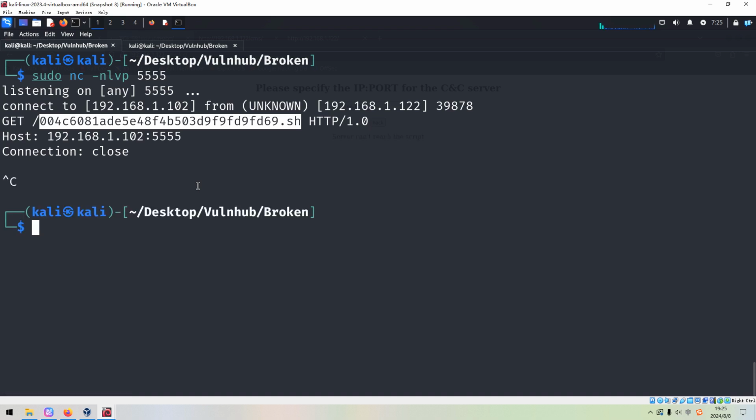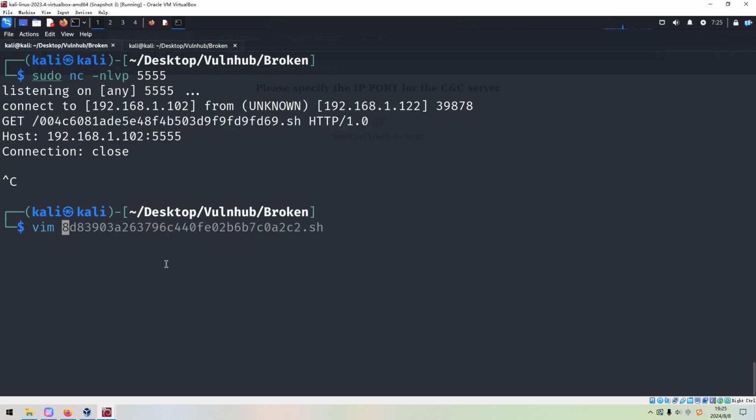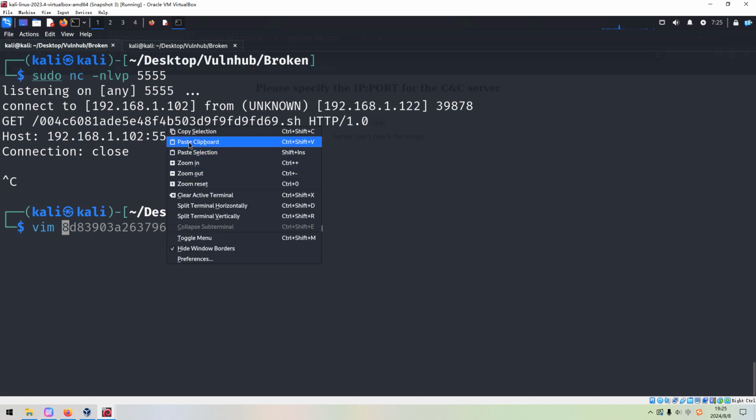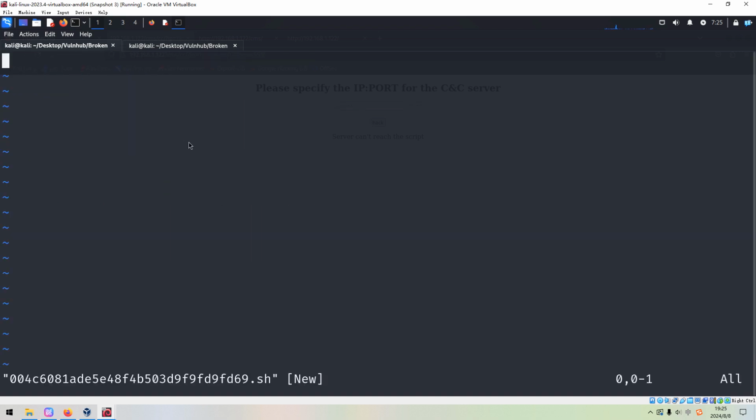So let me show you. First of all, we need to create this shell script, and the file name should be this one, because this is what the target is trying to download. So we can copy. We can use the Vim editor, and press enter.